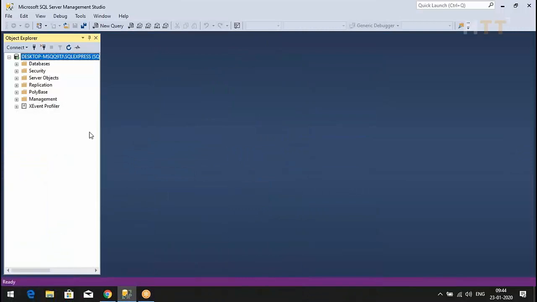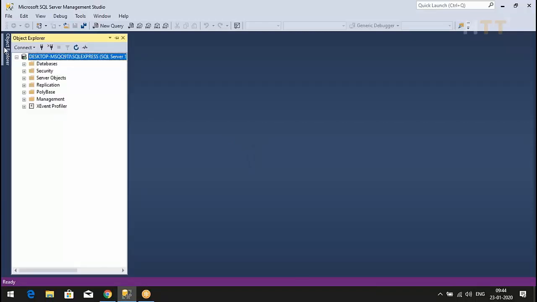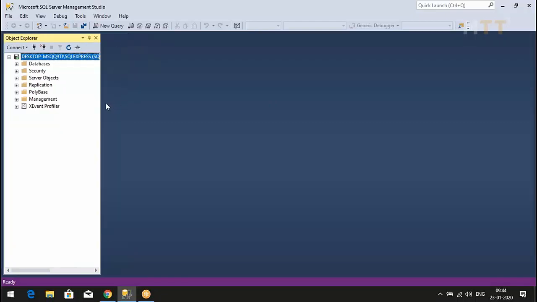But this is the best place. Auto hide is off. If I click this, auto hide is on. If I click here, it will automatically hide this. So I'll just pin it over here so that I always see this Object Explorer window.